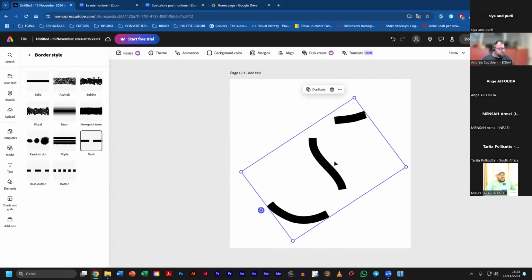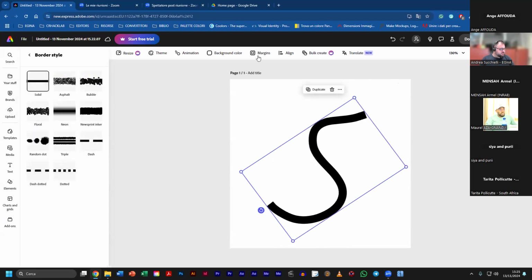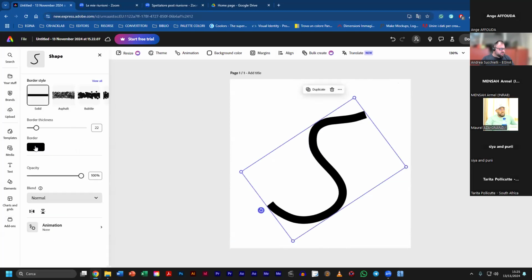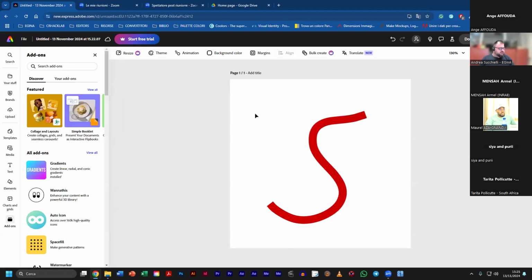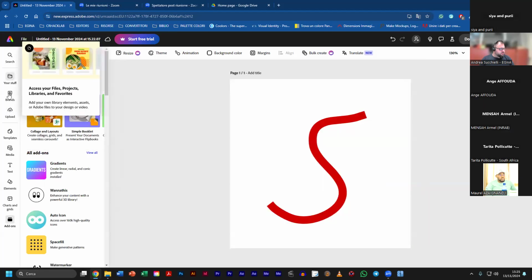Okay, peculiar. You can do. There is a lot of presets that you can use. You can, as before, change the color. And the thing that I forgot to show you is,